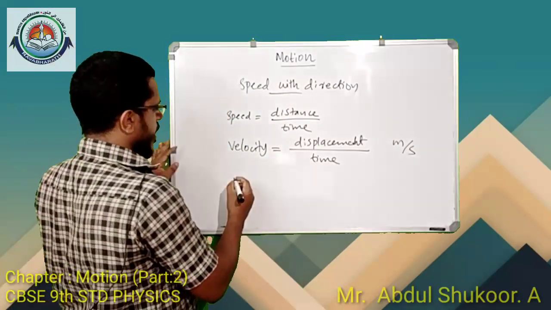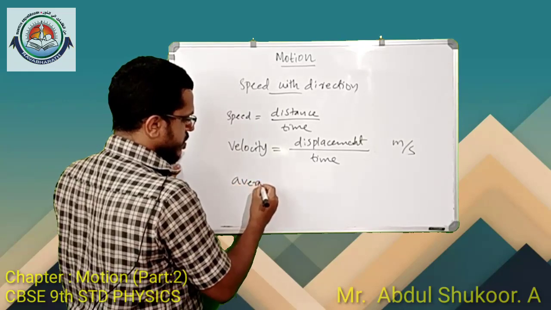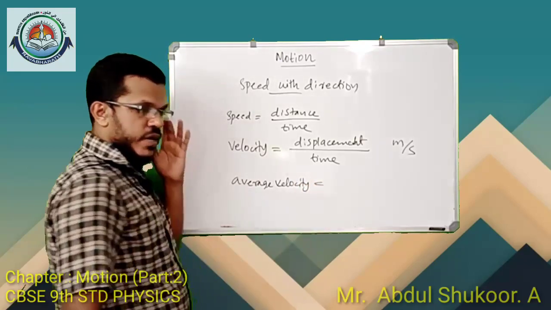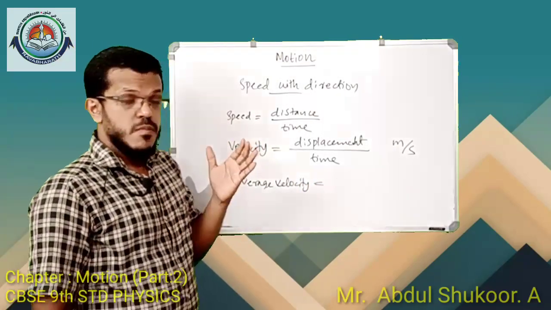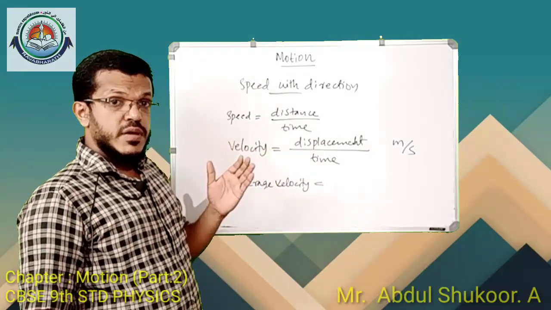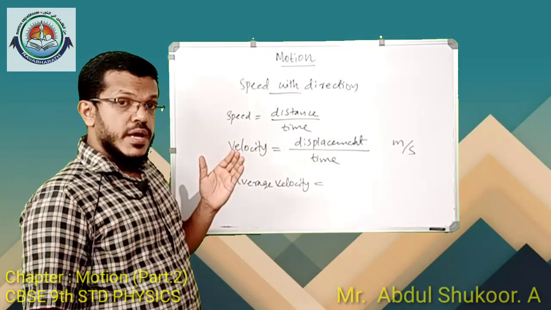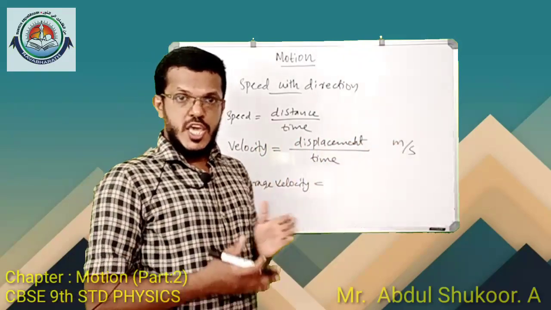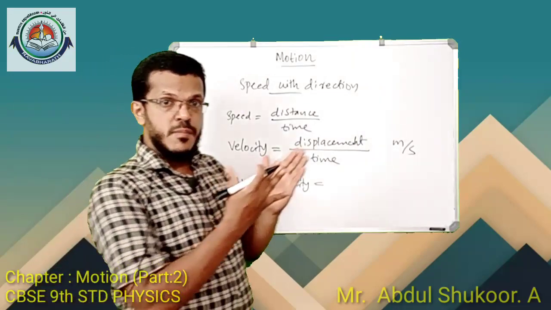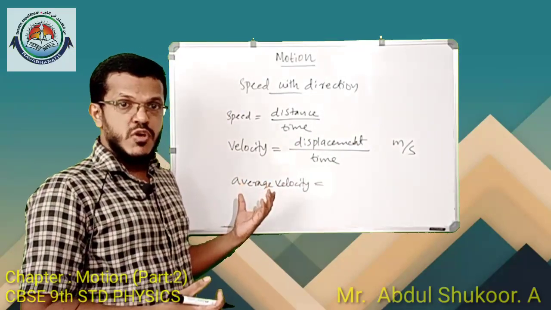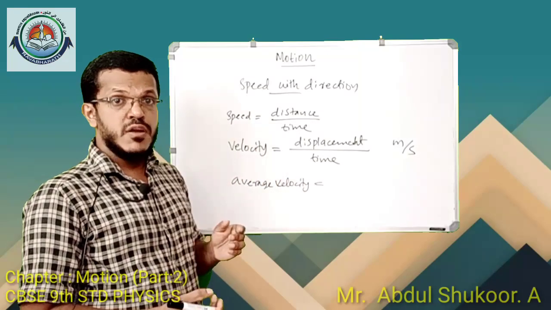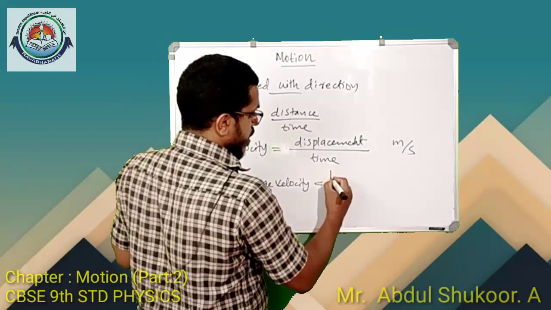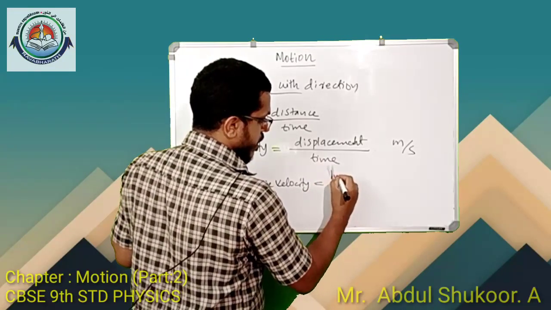Like speed, average velocity can be found. If the velocity of an object changes at a uniform rate, then average velocity can be found as the arithmetic mean of the initial and final velocity. That is, average velocity is equal to initial velocity